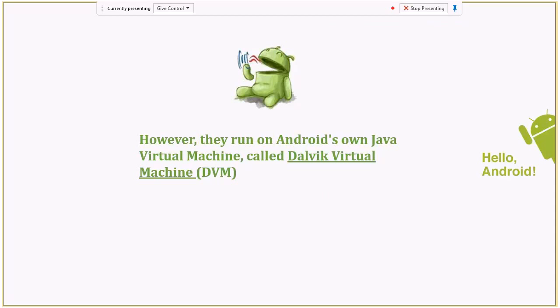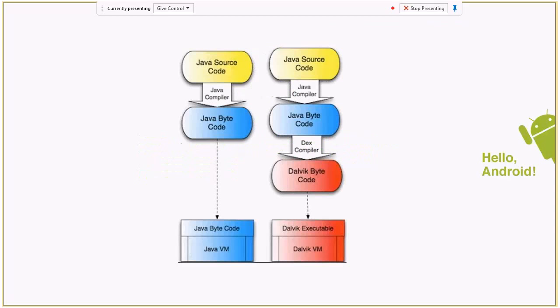The bytecode generated by a Java program for the JVM is very different from what you see for the Dalvik virtual machine, and it is combined to reduce the memory footprint of the program and do a lot of things to make it more performant, with less CPU and memory consumption. We'll talk more about it when we see the bytecode differences and the rationale behind creating the Dalvik virtual machine, later in the slides.